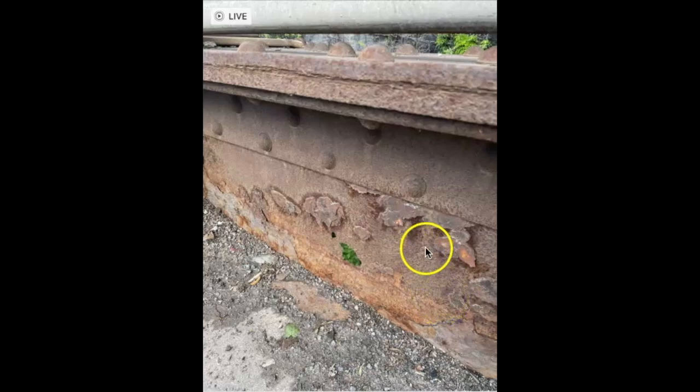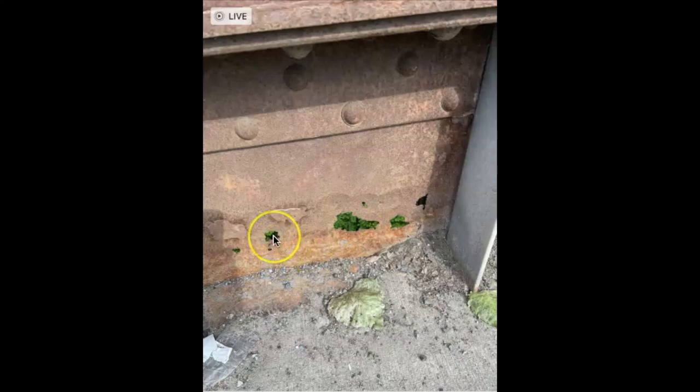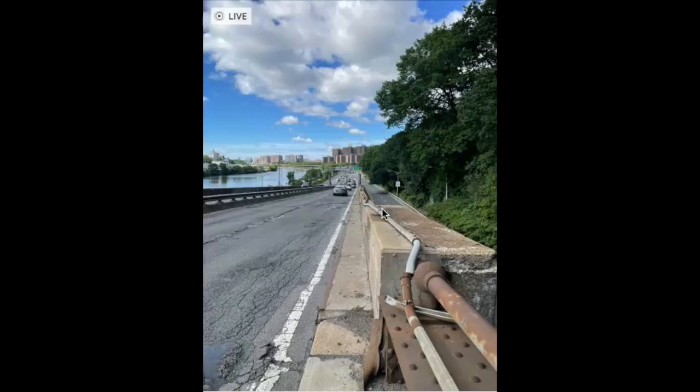Now, take a look at the steel. You're going to see gaping holes rotted right through the steel structure here that were never addressed. I don't know how clearly you can see it. This is right through here, okay? And afterwards, we're going underneath. I'm going to show you another view of this. Look, if you see greenery, this is greenery from the trees that are below. This is all right through. Now we're heading down